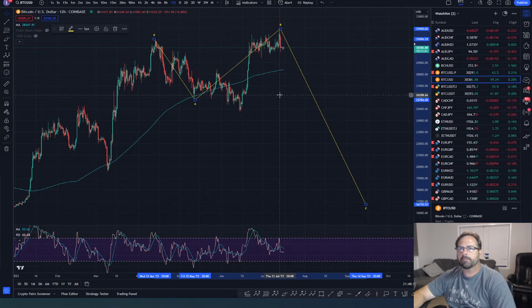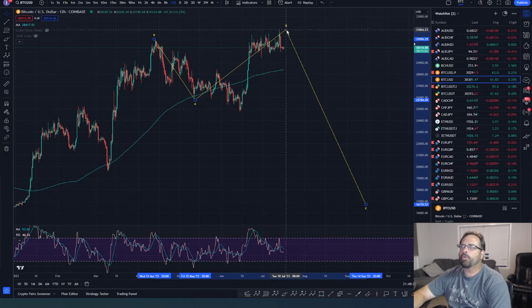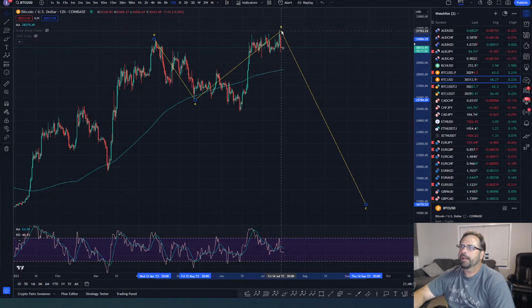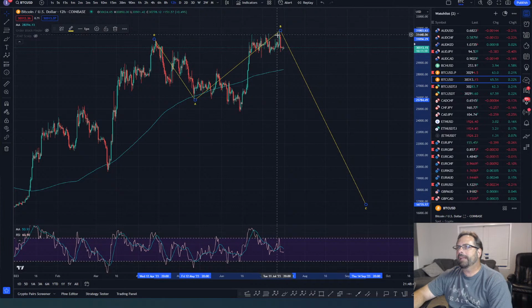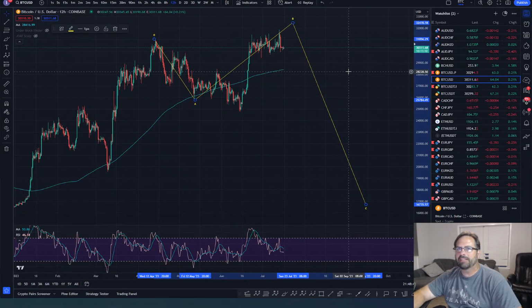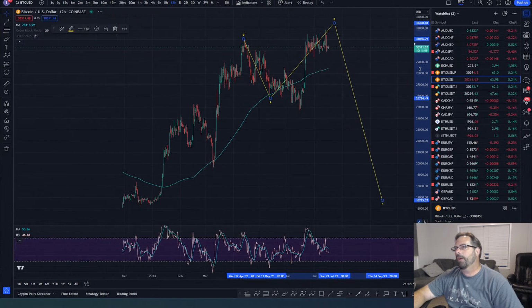And that's the question: is this B done? Is this B finished? That's what we're doing on the small time frame. We're trying to figure out, is this a B wave that's finished, or did we get a fourth wave that was just a bit tricky, and then we hit the high one more time, about 33 to 35,000 in that range, and then dump from there. So I can totally see that.